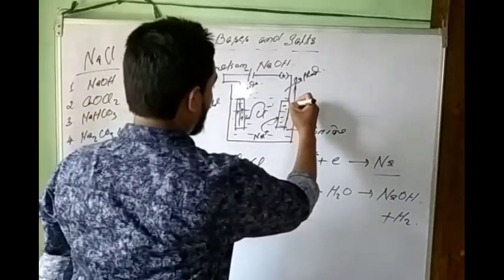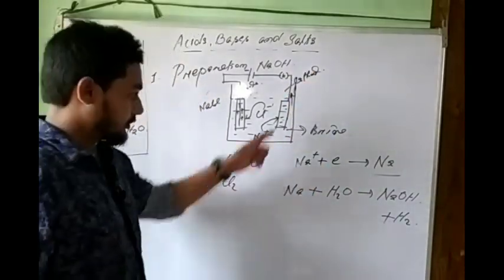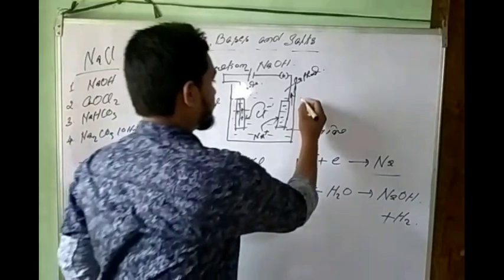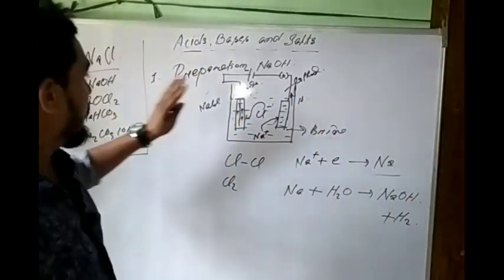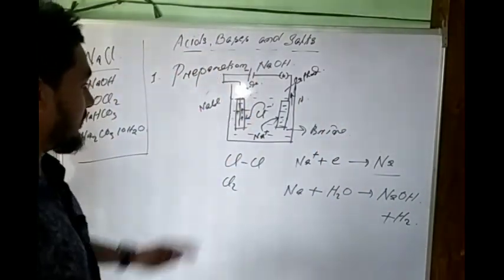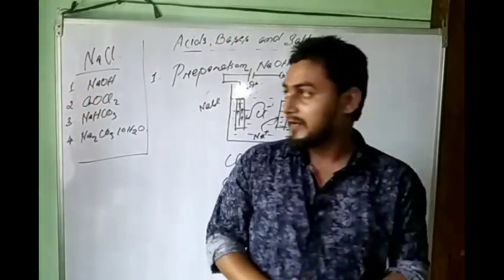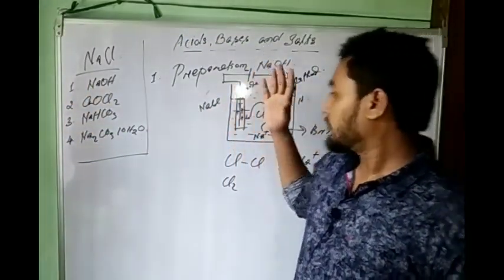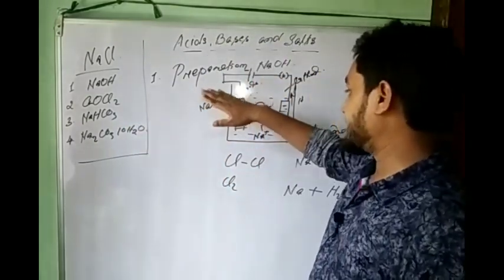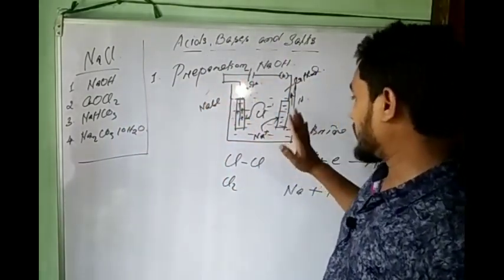This hydrogen will evolve through this. So that is how we can prepare sodium hydroxide from sodium chloride. So you can say that to prepare sodium hydroxide, we will pass electricity through the aqueous solution of sodium